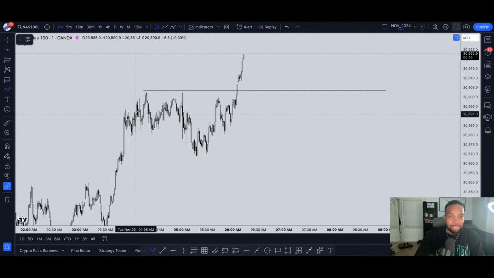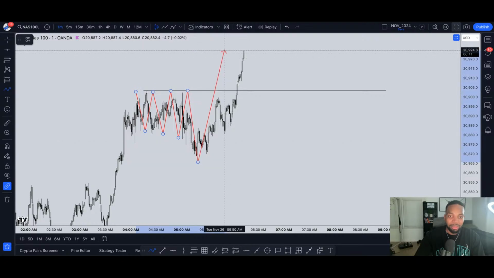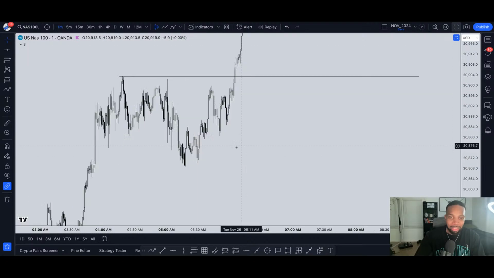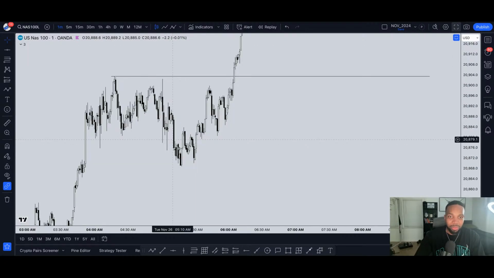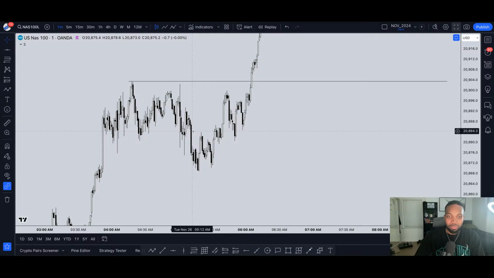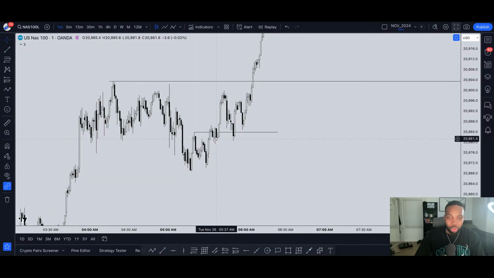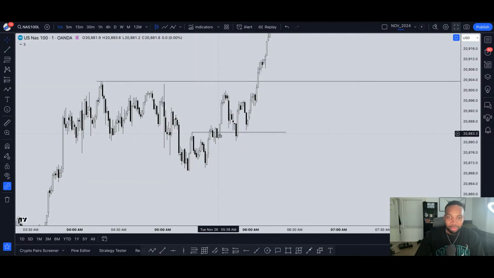Let's look at the 1 minute as well, more detail. Liquidity buildup. We sweep the lows and we break above the highs. As I'm dissecting this, I'm looking even deeper in here. I'm seeing how we gave even more setups. We broke structure several times. We broke structure here. All this could have been an entry, right? If we break structure to the upside and look at all these retests, multiple chances to get in.